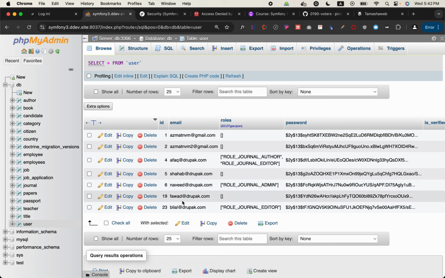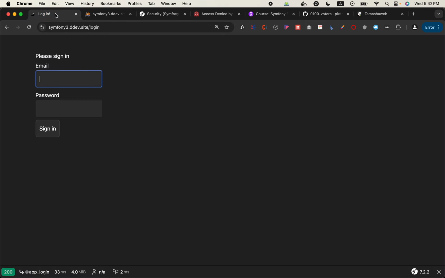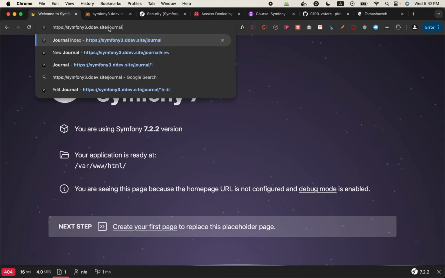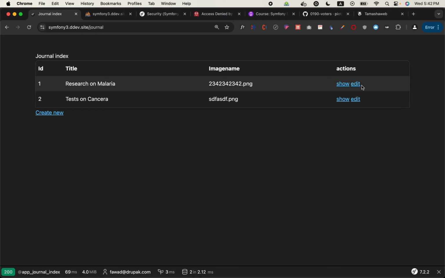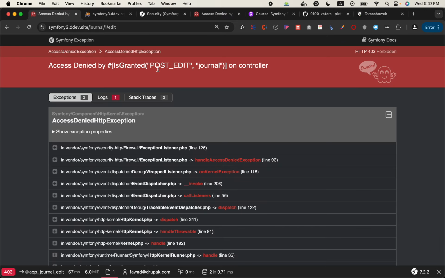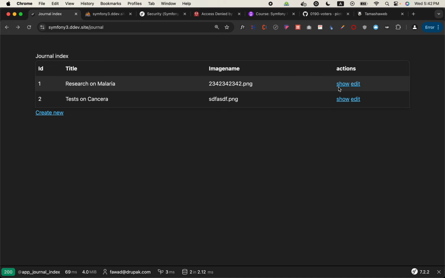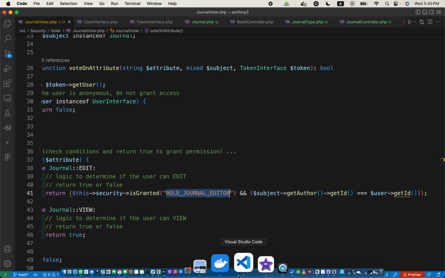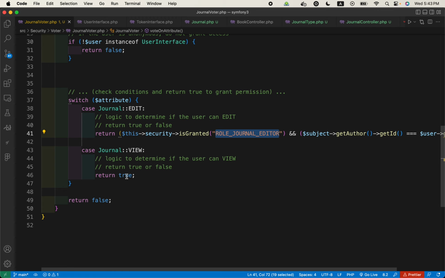Let us first log in as Fawad, who has no roles. So if I go to the login screen, fawad@rupak.com, then 1 2 3 4 5 6, and log in and then go to the journal listing. If I try to edit it, this throws me an error. But if you go and click on show, it shows it. For example, if I just disable it, if it returns false,